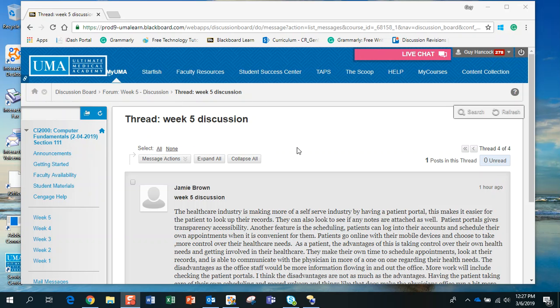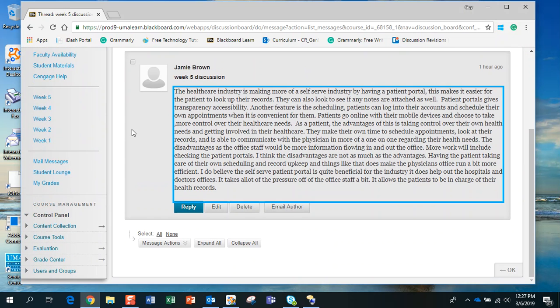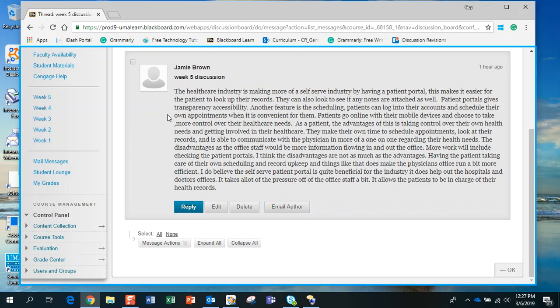But here's a post in the discussion, and if I click on that, the healthcare industry is making more of a self-serve industry by having a patient portal. This makes it easier for the patient to look up their records. They can also look to see if any